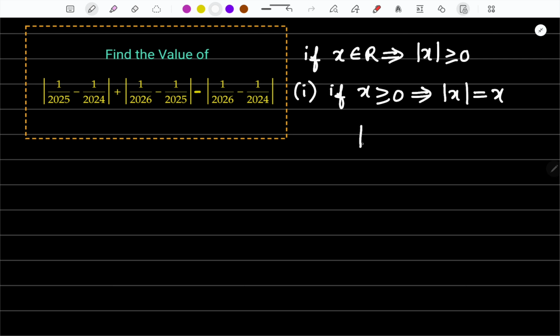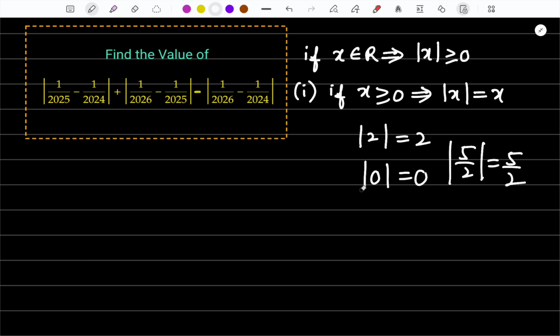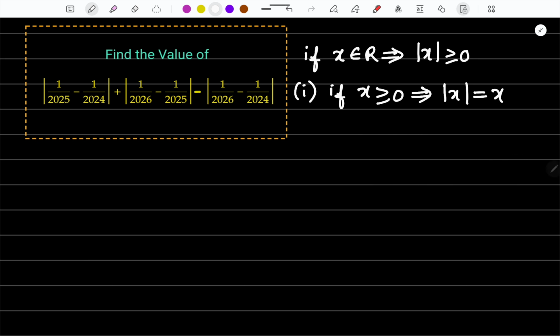For example, if you have modulus of 2, you have to take 2. If you have modulus of 0, you have to take 0. If you have modulus of 5 by 2, you should take 5 by 2. Okay. Now, the second point is,